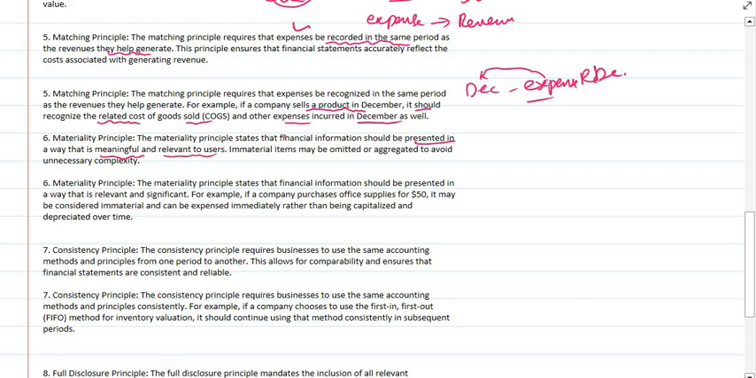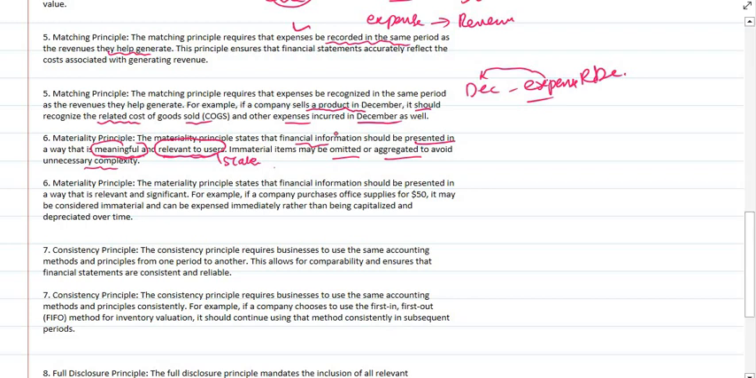According to this principle, the financial information should be presented in a way that is meaningful and relevant to the user. Who is the user? The stakeholder, the shareholder. An immaterial item may be omitted or aggregated to avoid unnecessary complexity. So it means you have to omit the immaterial items or aggregate them to avoid unnecessary complexity. So the basic